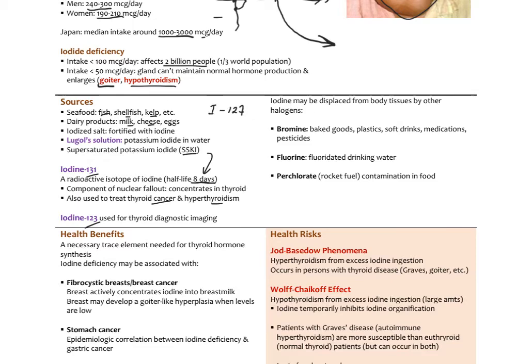Now, iodine is a halogen, and halogens in the periodic table, other halogens would include bromine and fluorine and so forth, and chlorine. These halogens all have, of course, one negative charge if they have 7 electrons in their outer orbit. They basically can gain another electron, become negatively charged. So, like iodine, again, normally exists as the iodide ion. But the same thing with fluorine and bromine and so forth. So these are very electron hungry, and they can also substitute for one another in chemical reactions because the chemistry